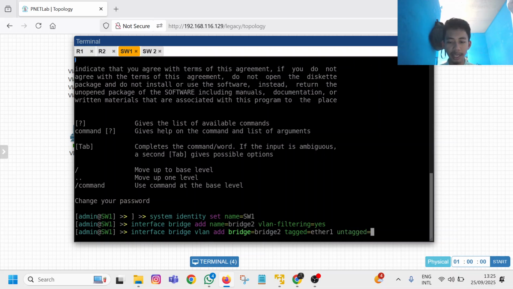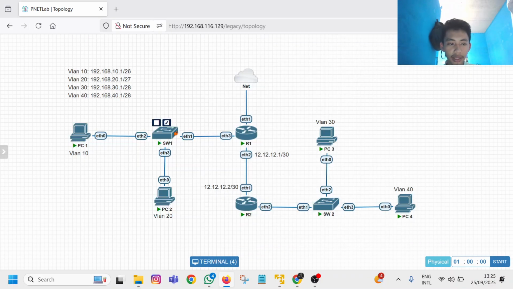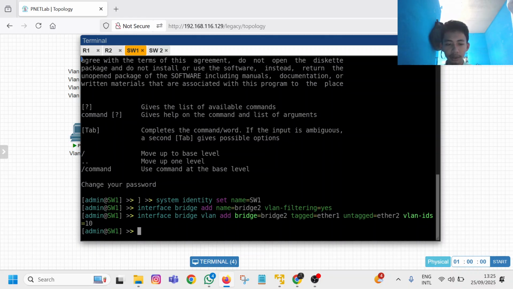Ether 1 tagged and untagged to Ether 2, and VID 10. Why is this untagged? Because this Ether 2 is going to PC 1, which is on VLAN 10. And that is good.